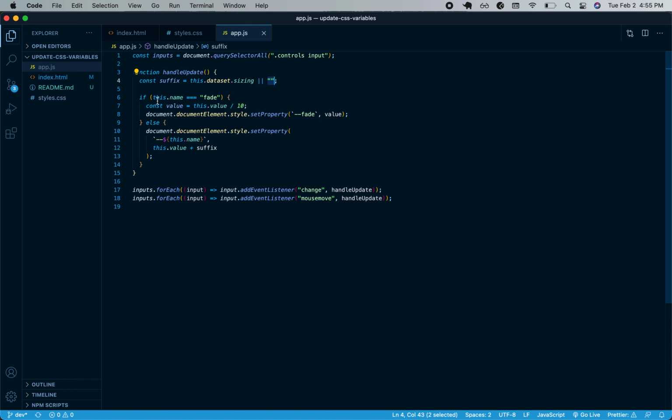There's a little bit of arithmetic I had to do here, considering the value for opacity is actually going to be a decimal point, so I needed to make sure I was sending it a decimal point instead of a whole number. But in either case, on either one of the if or the else statement, what I'm going to do